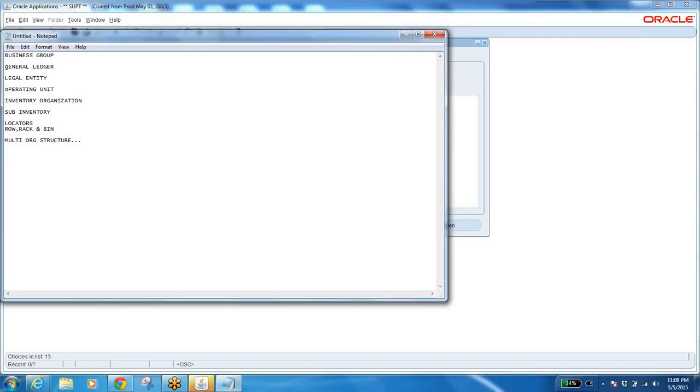Why can't we have one sub-inventory? Why can't we have one locator? Why are you always having multiple locators within one ledger, or multiple ledgers within one business group? First of all, you tell me why we are going to have multiple business groups. Simple. If you can answer this, you are an expert in organization structure. Because we are going to define the structure in the system, the first thing to be decided is the organization structure, as a part of our discussion